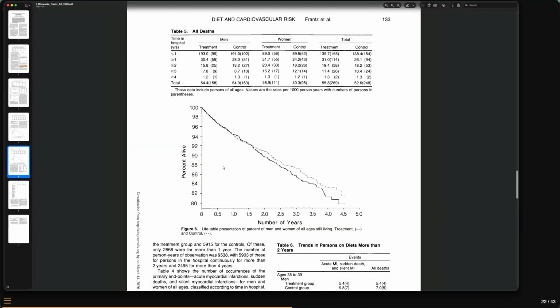I guess the main idea of this chart is that the treatment versus control group is similar until you get past 1.5 or 2 years, and then it starts to split a little, but the people in it are just too few, so there's not a statistically significant difference. But directionally, actually, it favors the higher saturated fat group, which is interesting. Yeah, but there are some issues with that.